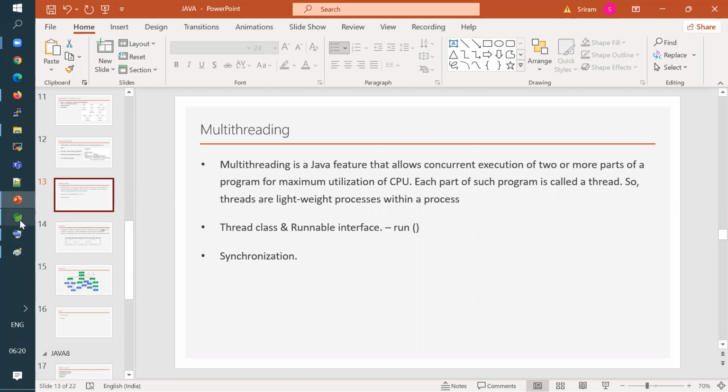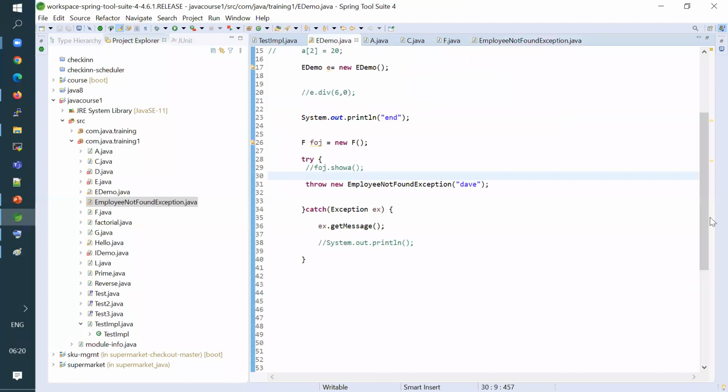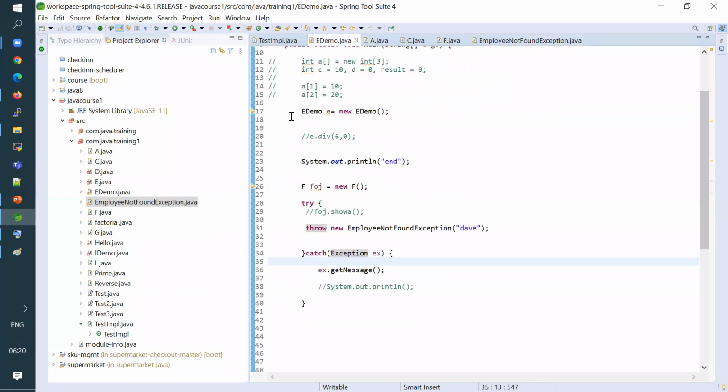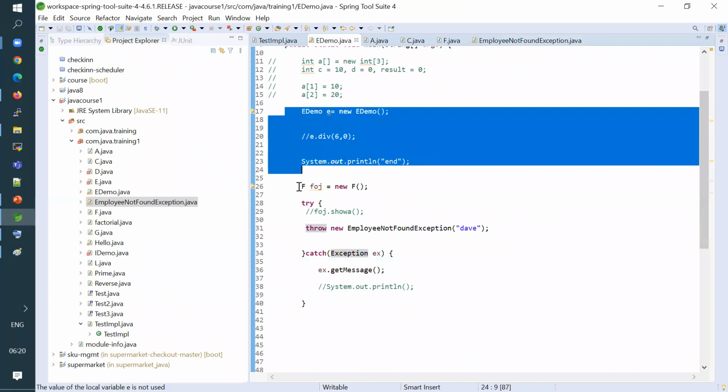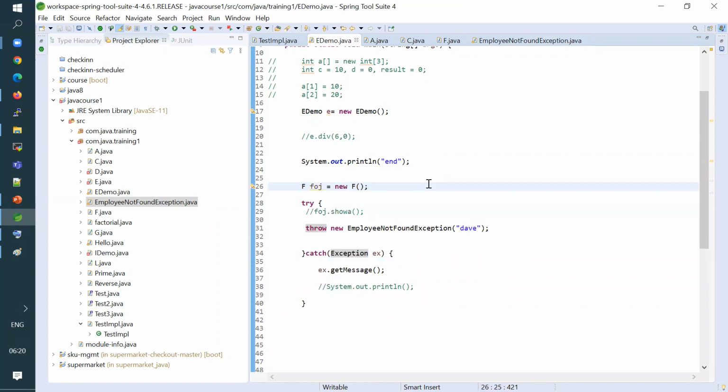If you see this code, for example, which we were writing some time ago, your CPU will execute it line by line, one line after the other. What if you had the capability to execute these two lines and these two lines at the same time? That is what we are going to talk about: multi-threaded programming.